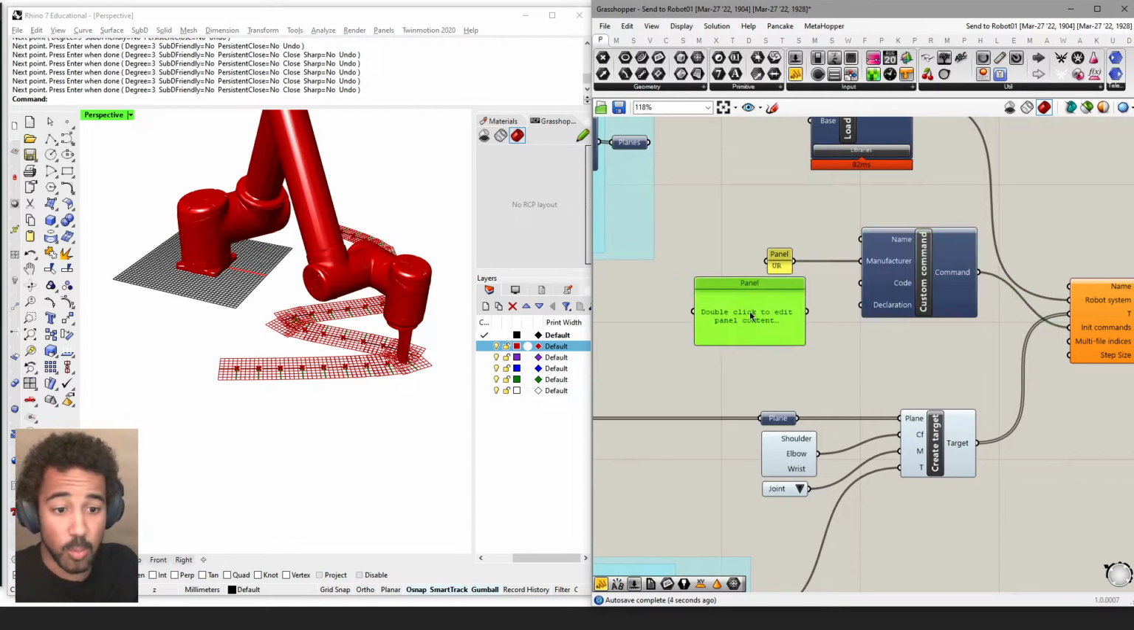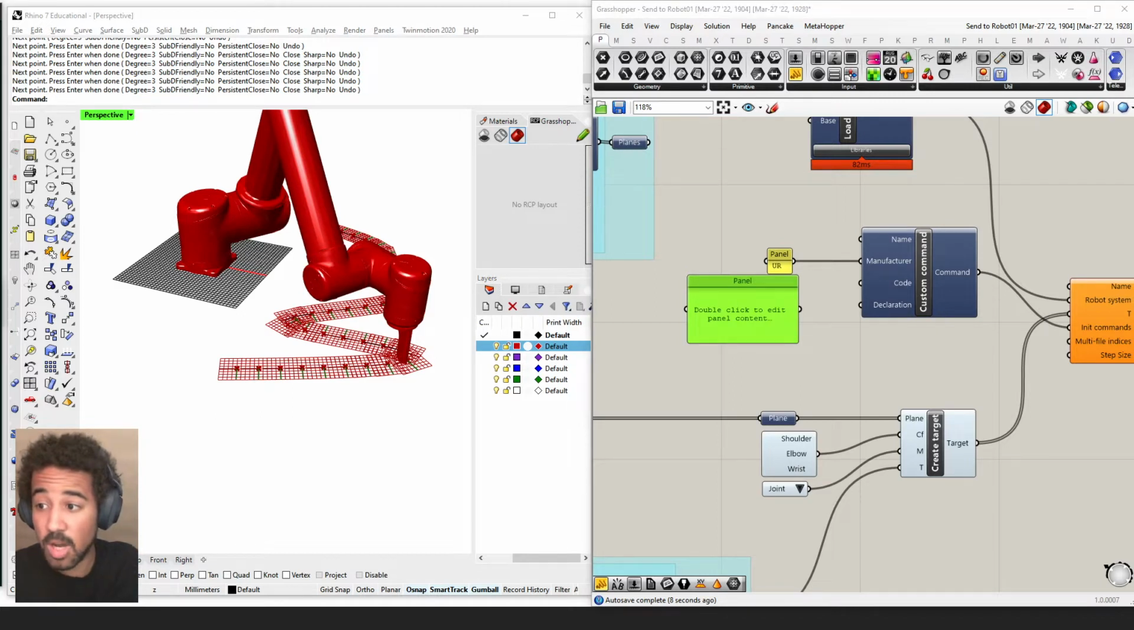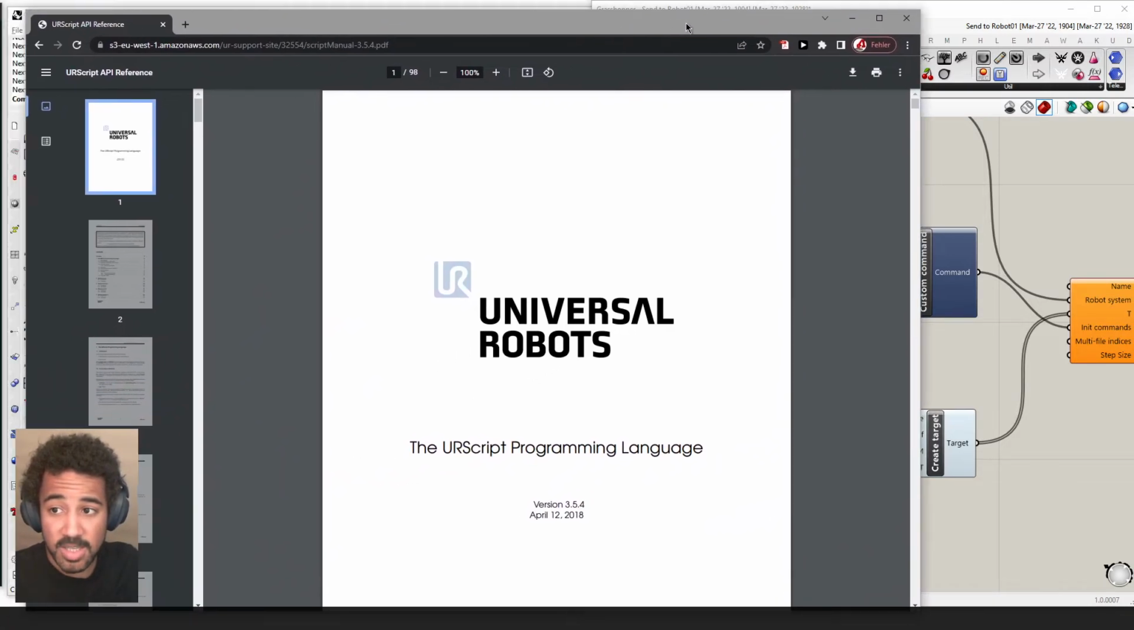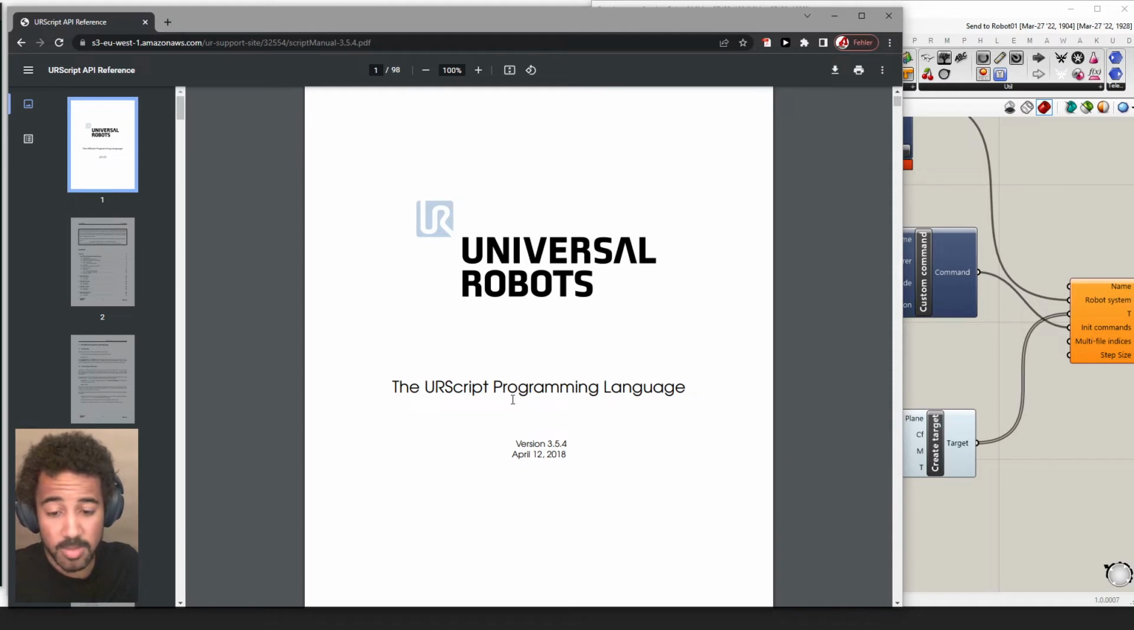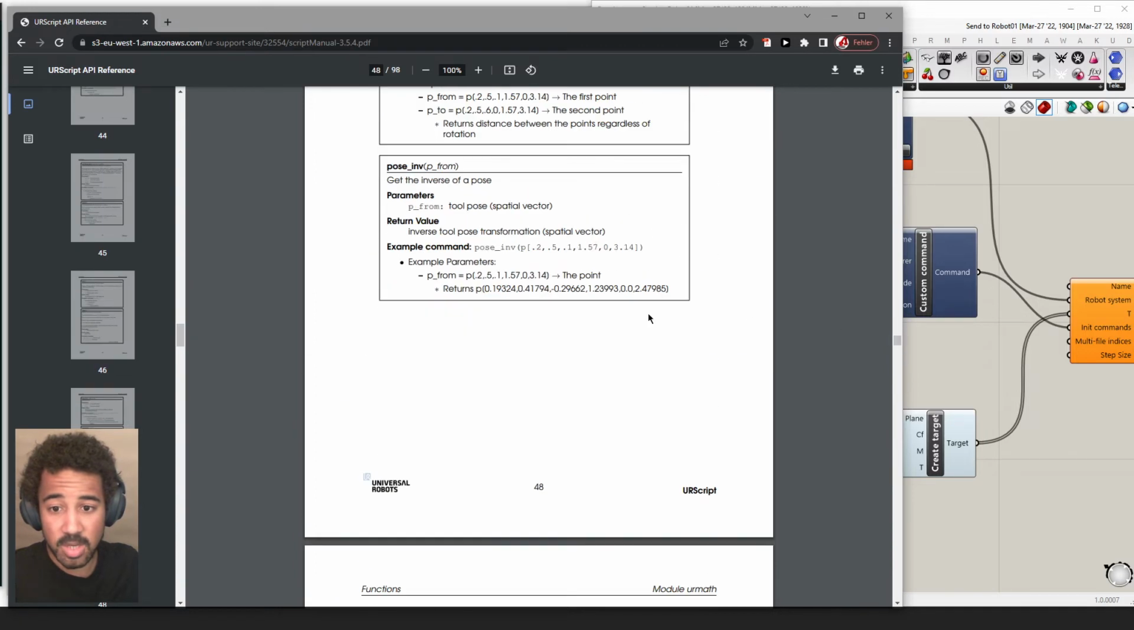So now, where do we actually get the code from? How do we know how to program the robot and how to use the functions that are not part of the robots program? All of this is found in the UR script programming language reference manual. This is the programming language for Universal Robots. Each robot brand has a different programming language. This is the one we will use. And the function that we will use